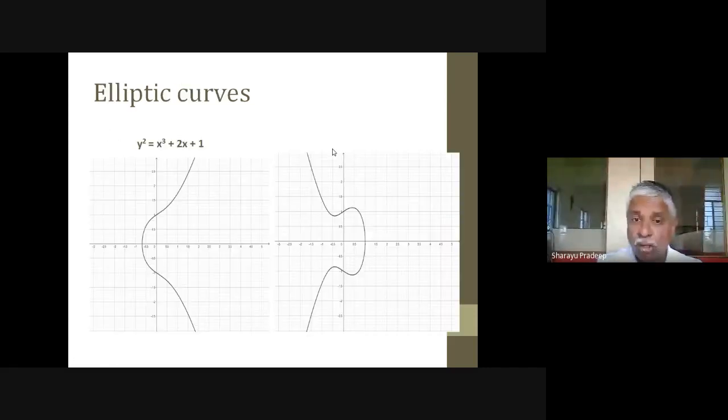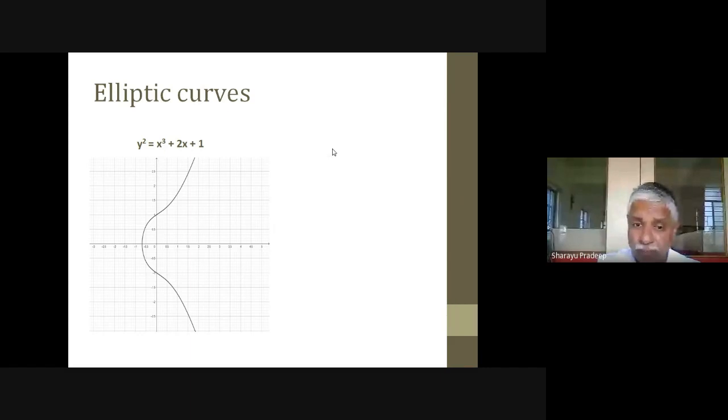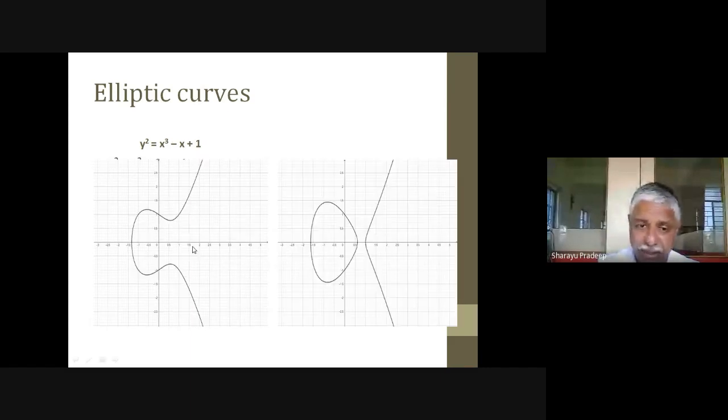Now what I want you to observe is that any of these elliptic curves is symmetric about the x-axis. Above the x-axis it looks a certain way, and below also it looks like that. That is expected, because if you put minus y instead of y, it is still a solution. If you have the general form y square equal to x cube plus ax plus b,